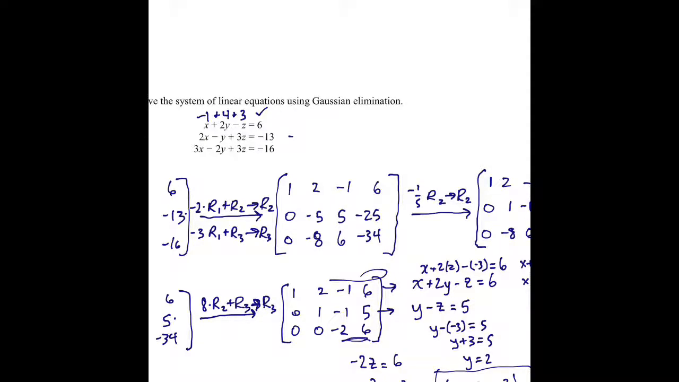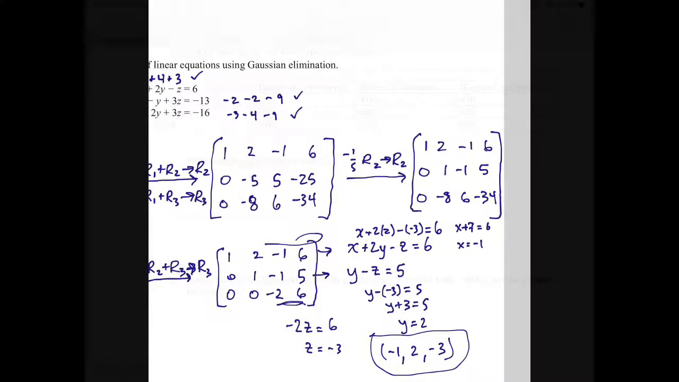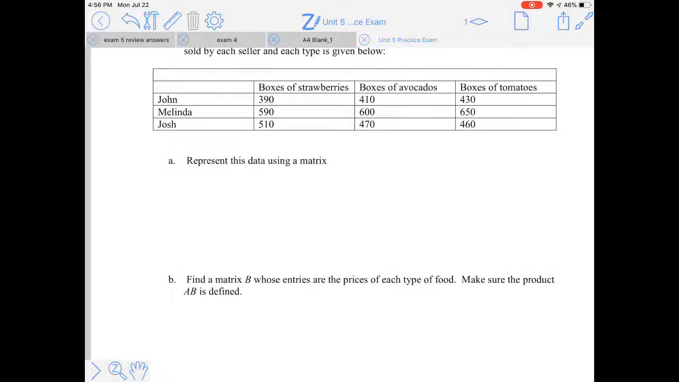Here I would get, for that middle equation, negative 2 minus 2 minus 9, which equals negative 13. And then the bottom equation would be negative 3 minus 4 minus 9, which equals negative 16. So